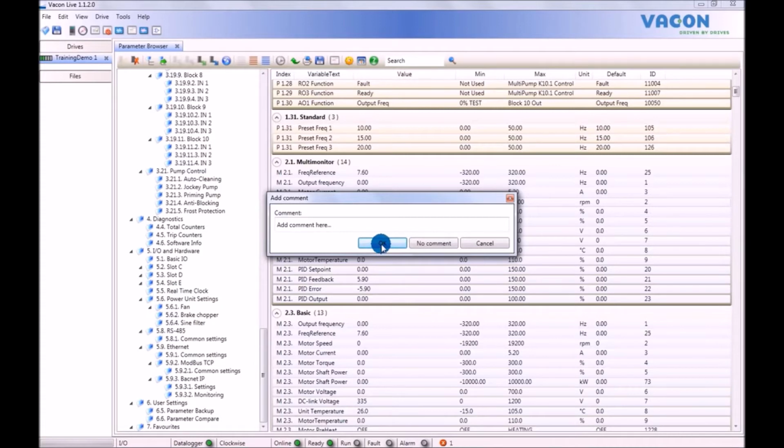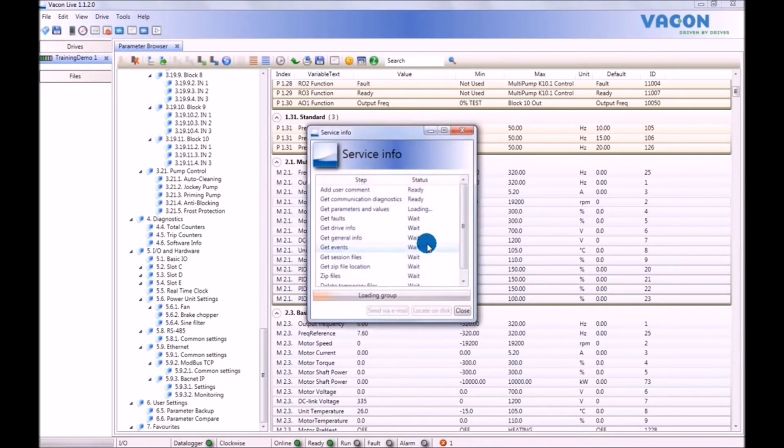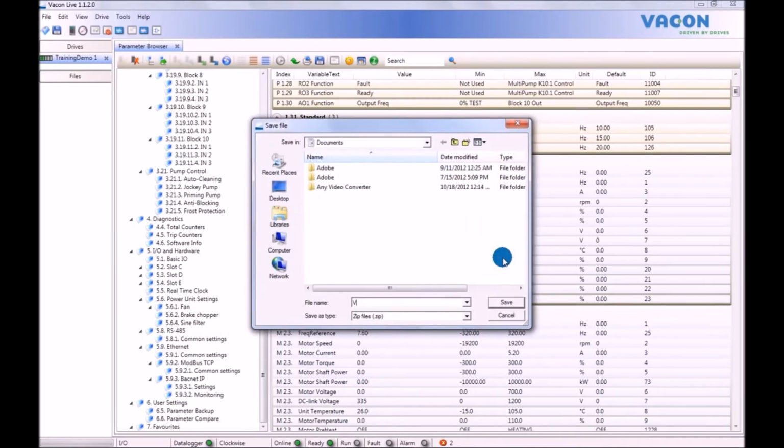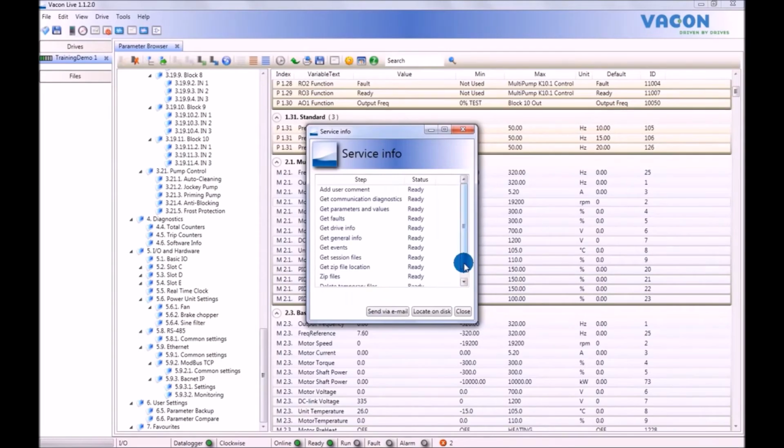You can add user comments and press OK, or, alternatively, simply click No Comment. Once all the data has been gathered, a pop-up dialog will appear where you can name the service information file and either locate on disk or send via email according to your needs. The service report will be saved to your hard drive as a file, which you can then open in the